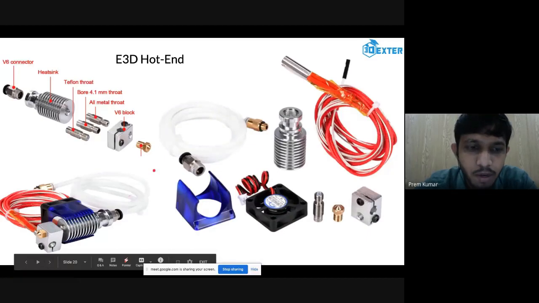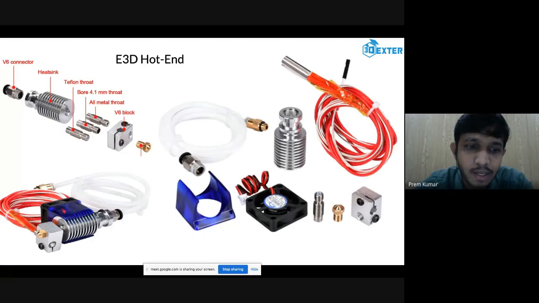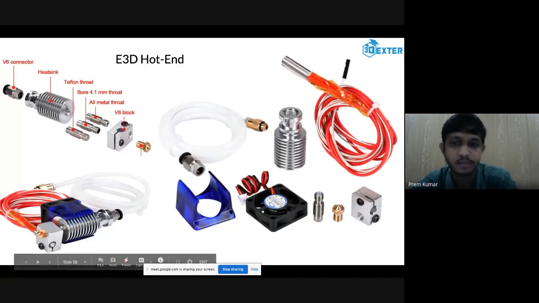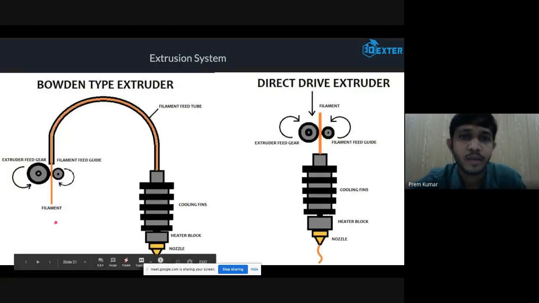And if you put your filament through this hot end, due to the increasing temperature, your filament diameter will increase in this area and it will jam inside the hot end. So you have to make sure that your fan is running all the time and this area should be cold. If it is heating, your filament is going to get stuck inside this hot end due to the increased diameter. It should only heat in this area.